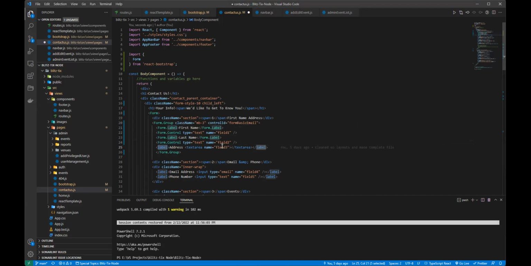So let's do that real quick. So this is a text area. So let's see what we have for that one. Let me find a text area real quick. Maybe it's a type equals text area. Let me just find one. Or I'll just leave that one as it is, I guess, for now, and let's just see how it looks. So if I hit save now and go to, actually I gotta probably start the thing now. So